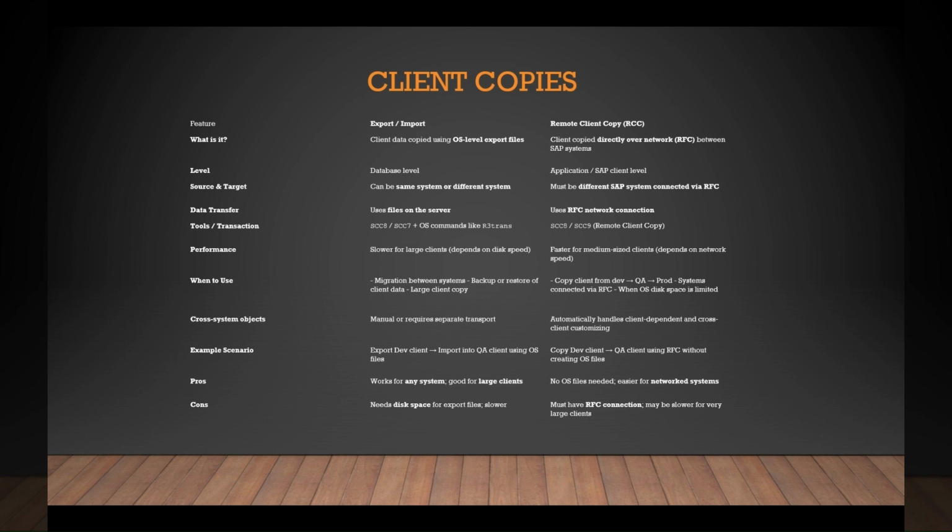Then the data: in export import, database level data gets transferred, and in remote client copy, application or client level data gets transferred. In export import, OS files are used, and in remote client copy, RFCs are used. This way you can select your own points and keep them ready.